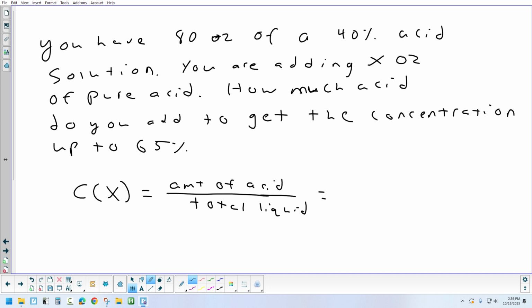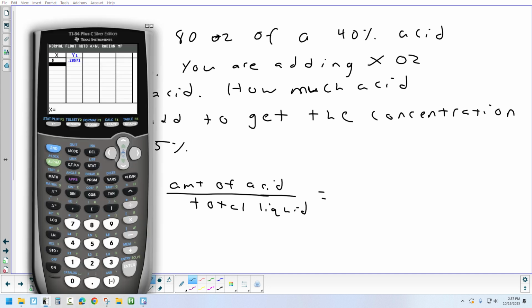So let's start with the amount of acid. We have 80 ounces we're starting with, but not all of it is acid, only 40% of it is. So how do we figure out how many ounces of acid are actually in the 80 ounces of liquid? Yeah. You multiply 80 by 0.4. Okay, so we're going to do 80 times 0.4, and that's going to give us, what, 32? Yep, so we have 32 ounces of acid,